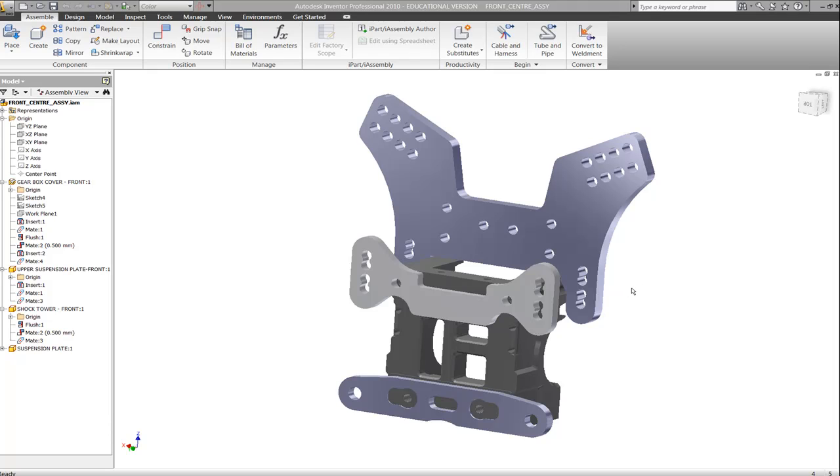There are going to be times when you're going to want to take your parts and assemblies and use them to produce presentation images, whether that's assembly instructions or data for customers or promotional material. Built into Inventor is a rendering environment called Inventor Studio,